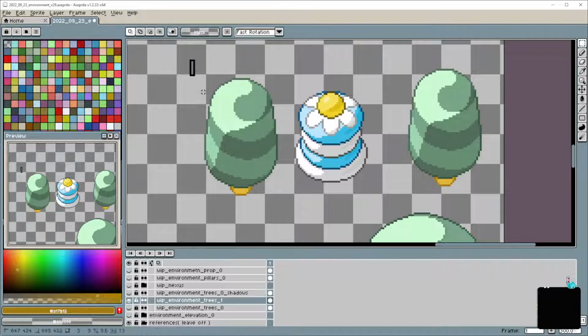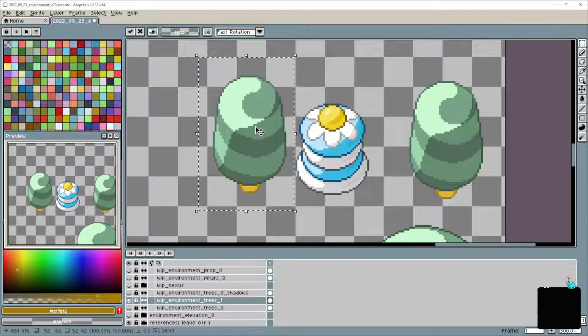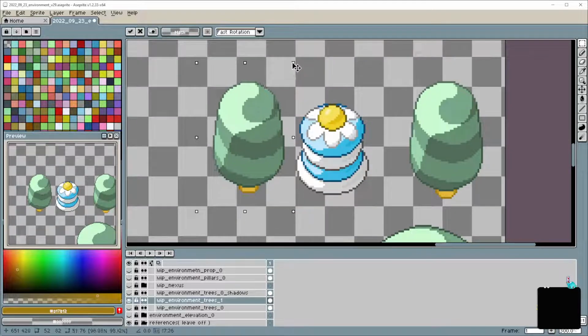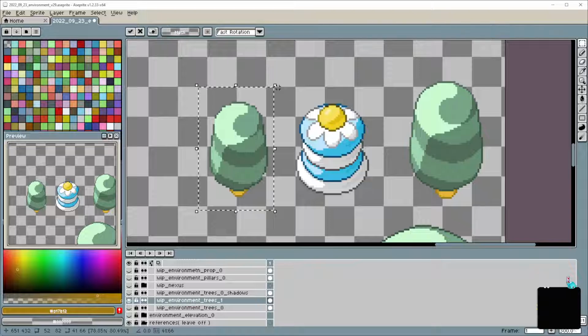Okay, so what we'll do is we'll just take this one and we will transform it to about that size, and then we'll clean it up. Right? So that seems about right. Yeah, I think so.